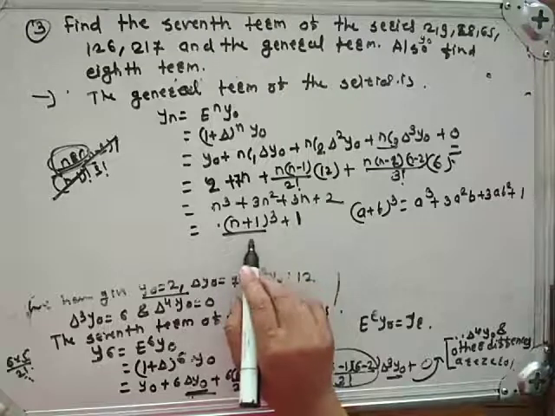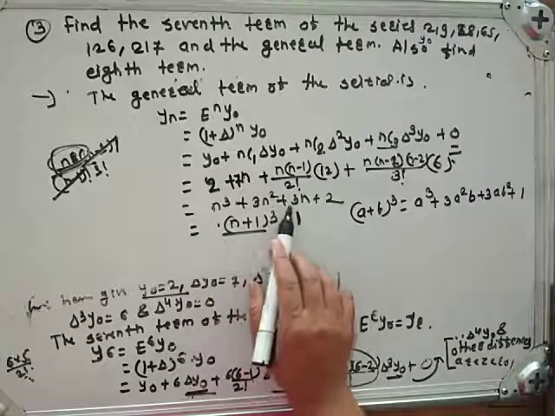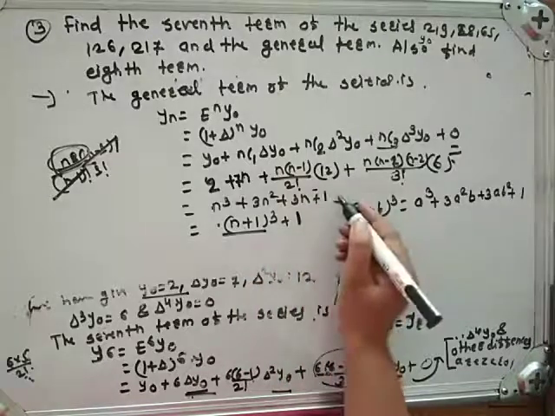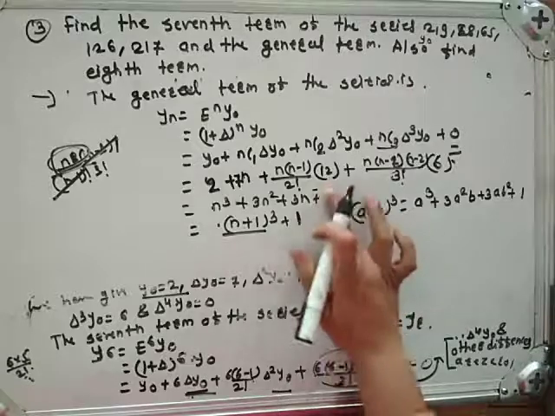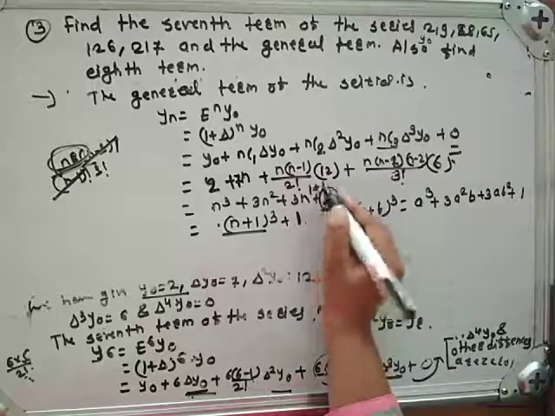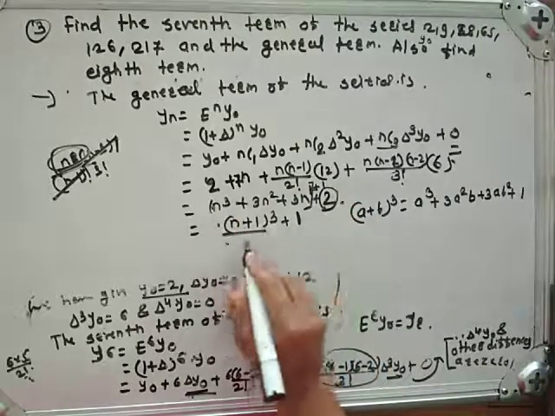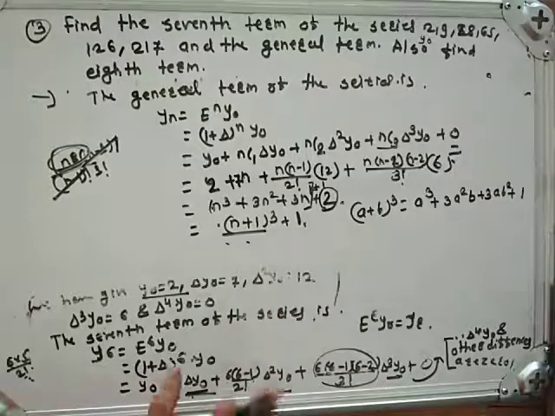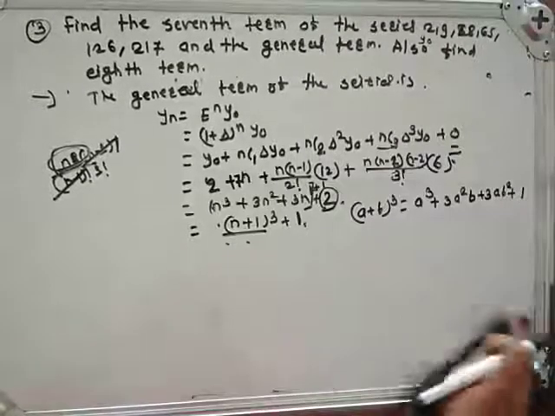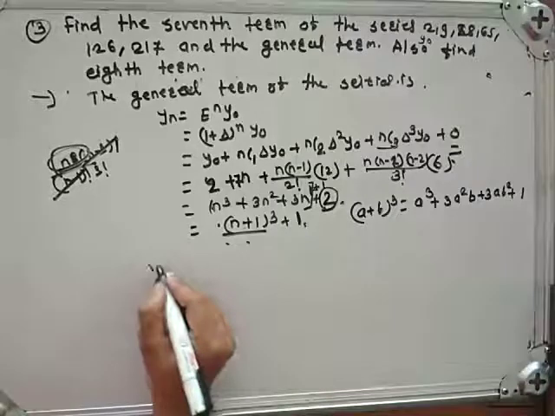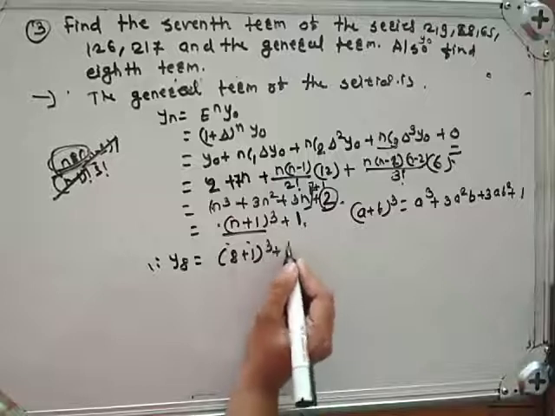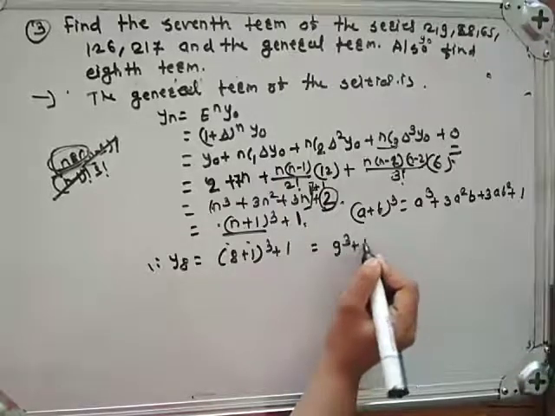So (n plus 1) cube is n cube plus 3n square plus 3n plus 1, and your actual term is plus 2, and this plus 2 can be written as 1 plus 1. So up to this term can be written as (n plus 1) cube plus 1. Okay, so you will get yn is equal to (n plus 1) cube plus 1. Therefore yx is equal to (x plus 1) cube plus 1, means 9 cube plus 1, which is